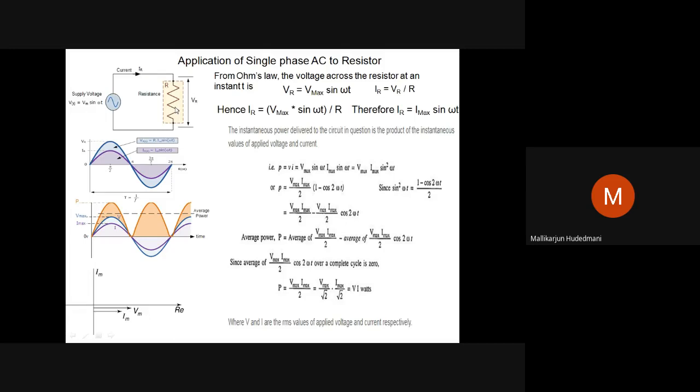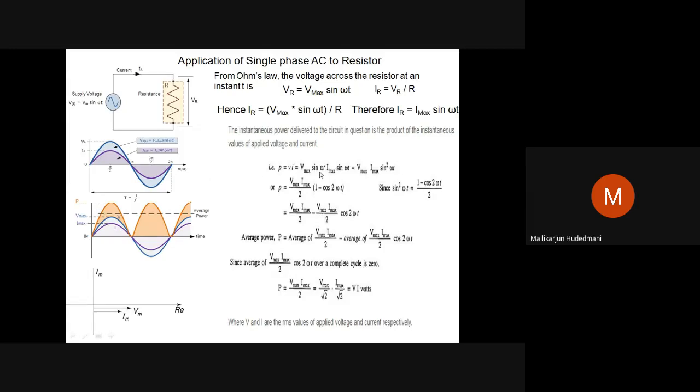How can I do it? Instantaneous power consumed by the resistor at any instant from 0 to 2 pi, I can quantify. How? At the 0 point, both the waves are yet to begin. Instantaneous power is given by, you can watch here, lowercase p, p equal to the instantaneous voltage equation times the instantaneous current equation, nothing but Vm sin omega t into Im sin omega t, which is equal to Vm Im sin square omega t. Power consumed by this resistor connected to a source is Vm Im sin square omega t. Let us wait here, we will not go further.